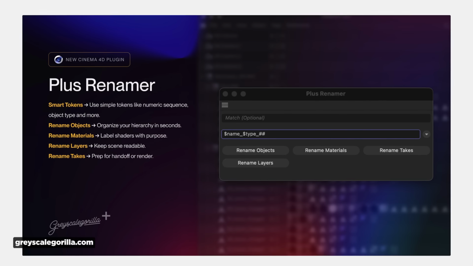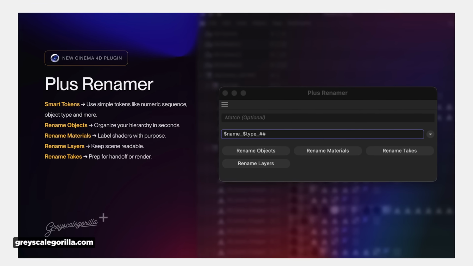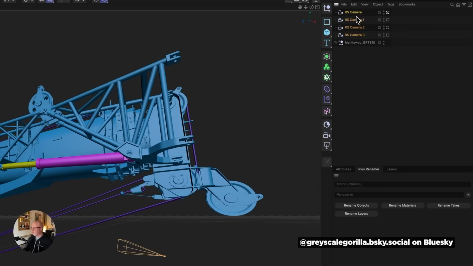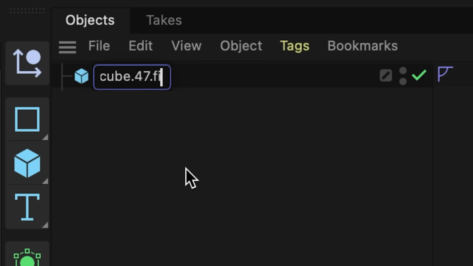The Primates over at Grayscale Gorilla released Plus Renamer for Plus members, and it's here to spark joy in your messy object manager. This tool borrowed some of Figma's brilliant renaming concepts to create a flexible powerhouse for Cinema 4D that'll let you batch rename objects using tokens and power tools. Features include matching and renaming specific parts of object names, adding prefixes or suffixes, and organizing things exactly how you want. Because nothing says professional workflow like